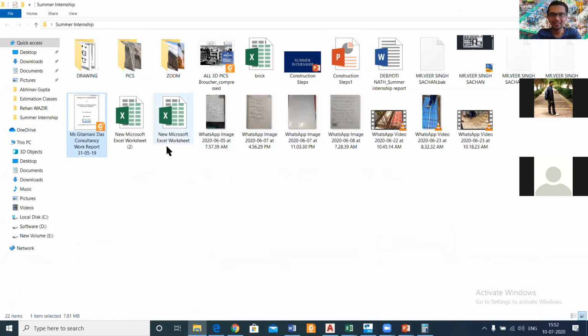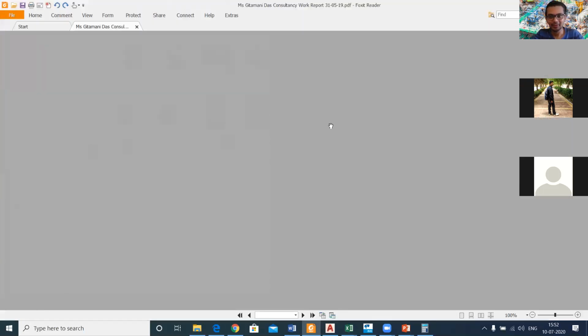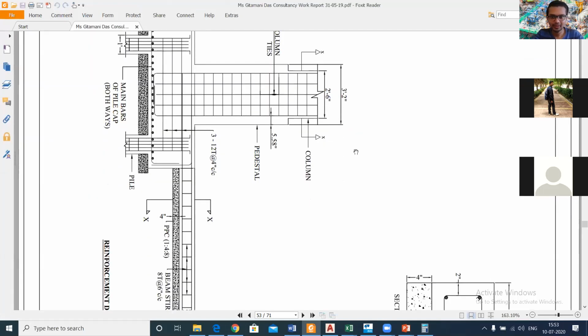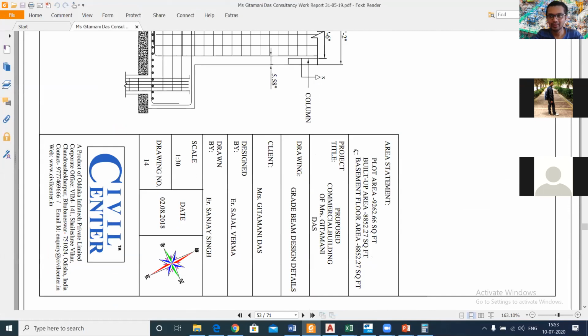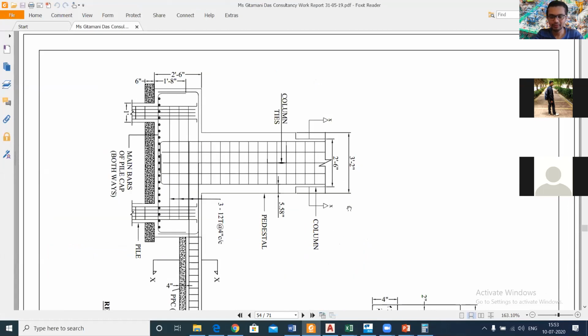The same logic doesn't apply everywhere, meaning in all footings you don't have the same type of reinforcement. You have different reinforcement, depending on the structural design of the particular footing. Anyway, question. So let's just check out the structural drawing of the reinforcement of the site which is shown to you.